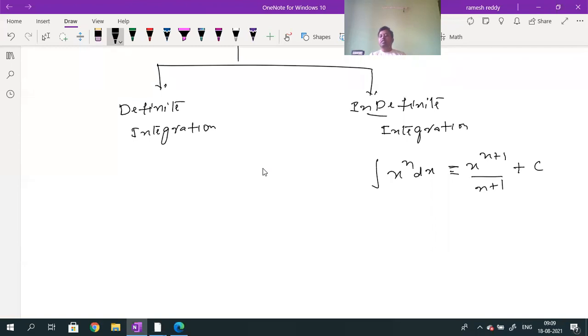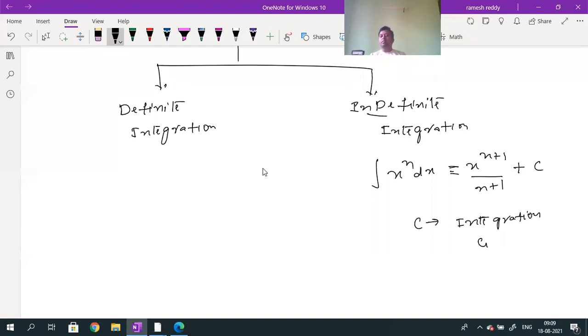In indefinite integration, this is not the final answer. The answer is less than the actual value. To get the correct answer, we add some constant, where C is called the integration constant. What is the name of C? One second, students, you will come to know. So what is the name of C? The name of C is called the integration constant.